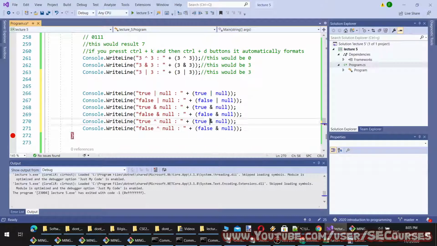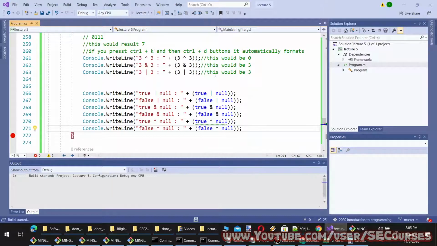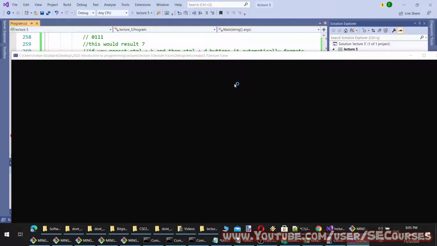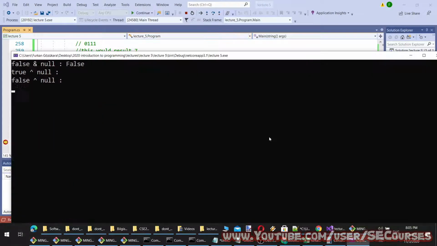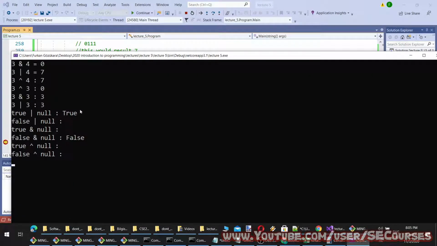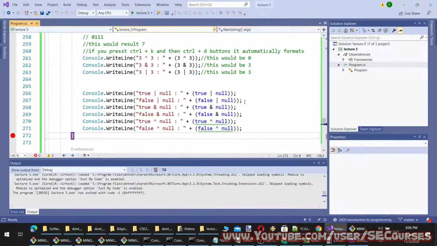Since this is bitwise, how does it behave bitwise? Let's check it out. Okay, bitwise with null is underlined. So true or null is true because one side is true. False or null is null. Null or true is true. Null or false is null. And I wonder if the order makes a difference, so let's check it too.